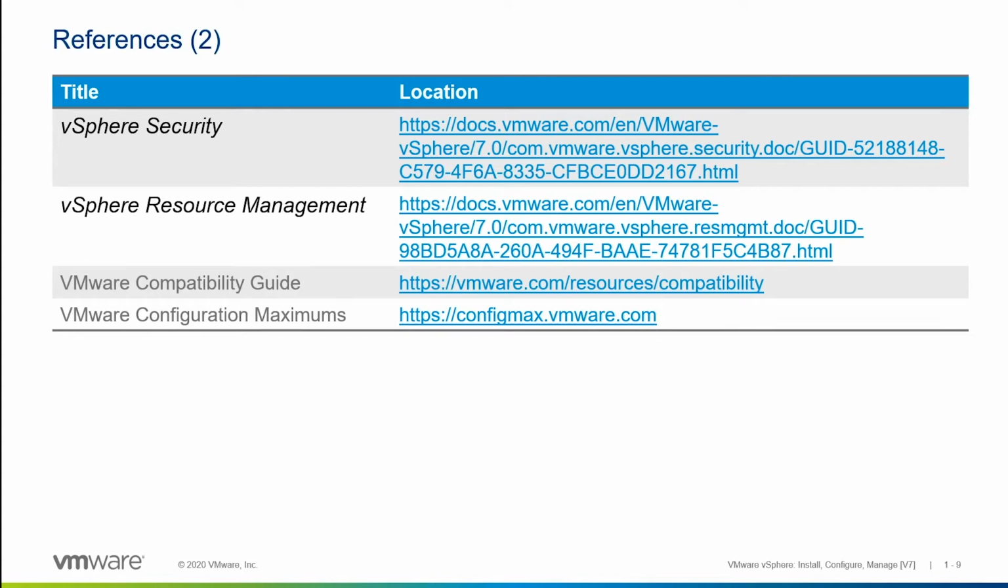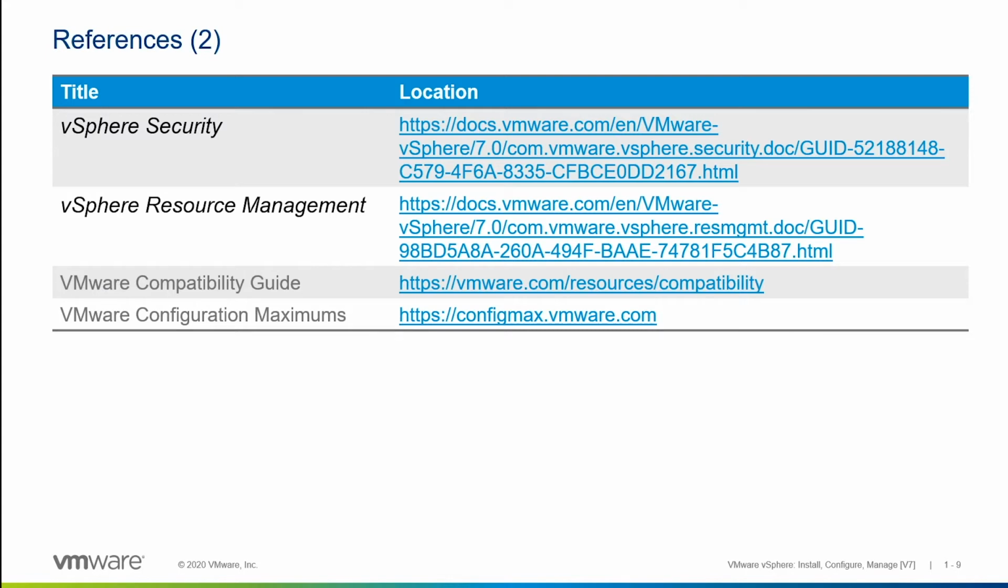This tells us whether or not one particular VMware product is compatible with another particular VMware product, or a particular version of ESXi is compatible with a particular version of vCenter Server, and so on. That's what we used to call the product interoperability matrix. Now we call it the compatibility guide, and you can find it at